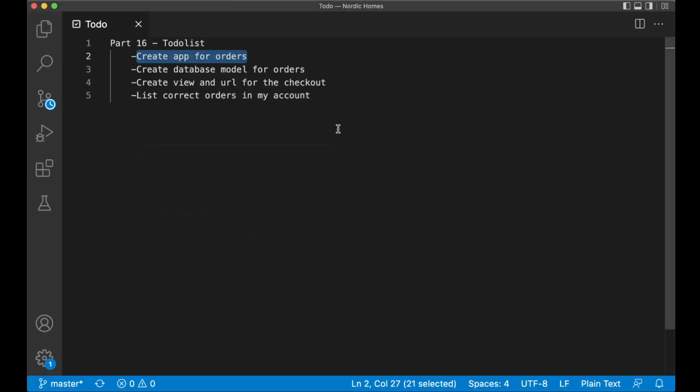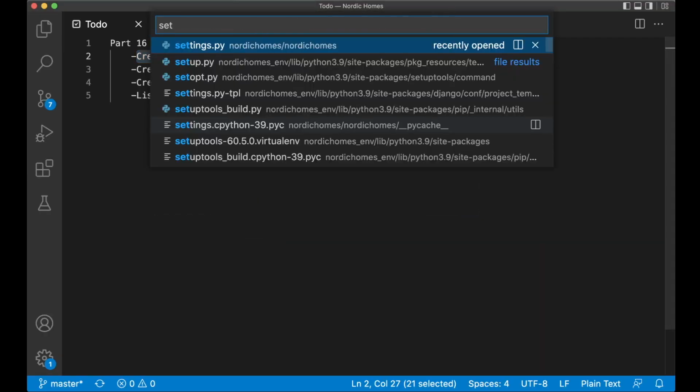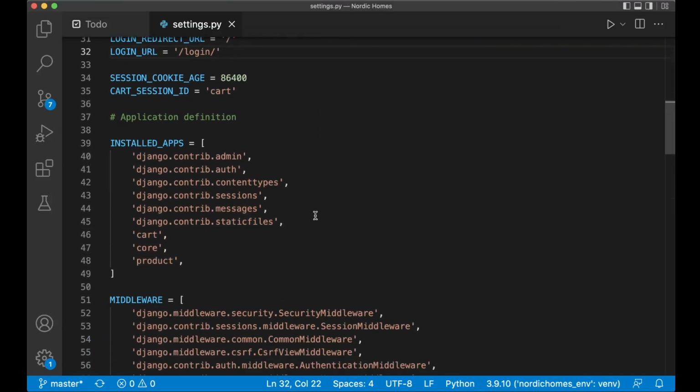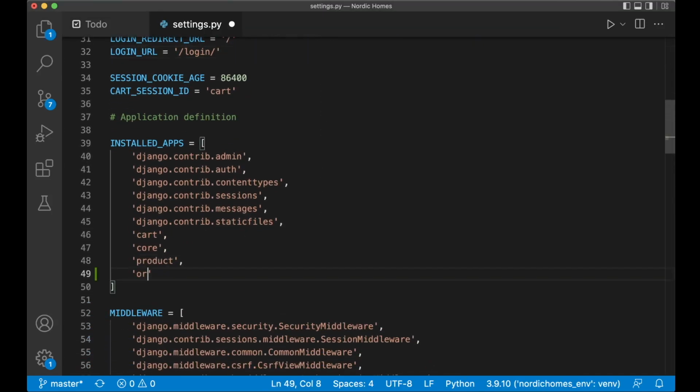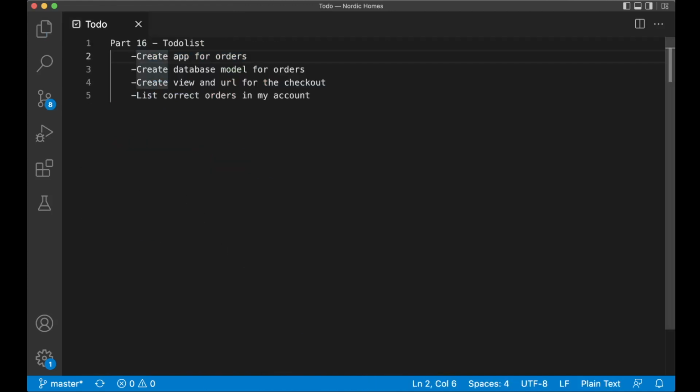So just like we did before, we need to update the settings.py with the installed apps. So at the bottom here, add order and save. So now we have the new app and it's installed in Django and everything there is okay. So let's set this first task to done and continue to the next task, which is create a new database